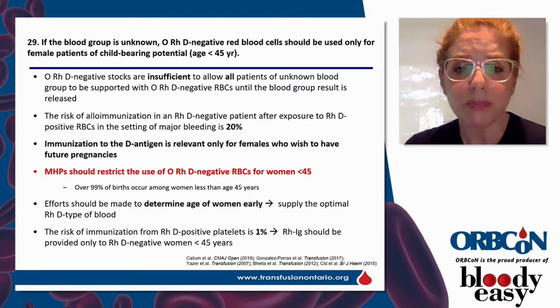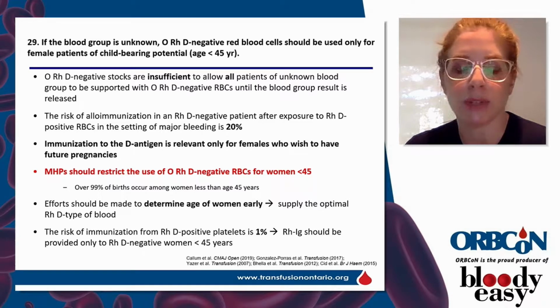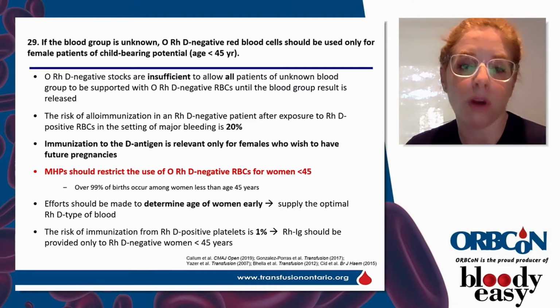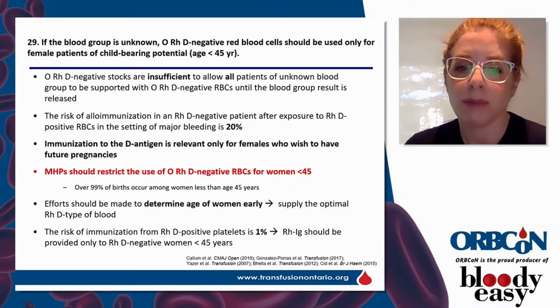And so we know that the risk of alloimmunization of an RHD negative patient after exposure to D positive red cells in the setting of major bleeding is 20%. But this immunization is really only relevant for females who wish to have future pregnancies. And so again, this is why these protocols should restrict the use of group O RHD negative red cells for women under the age of 45,